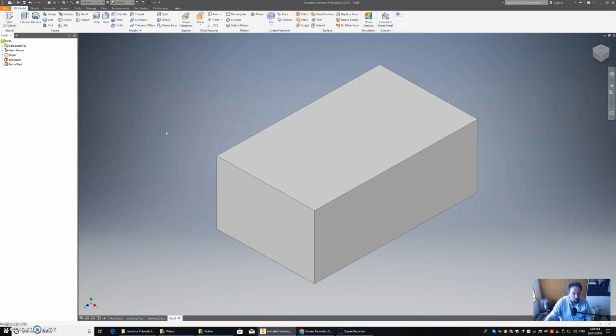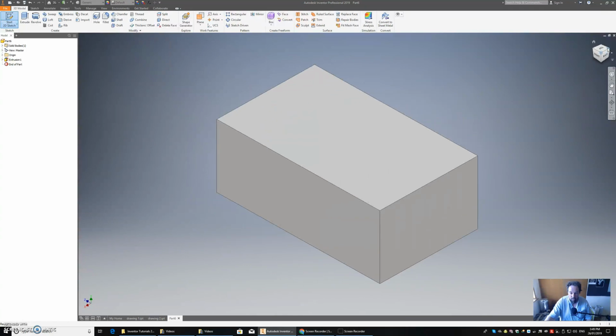So just like we did in drawing 1, I'm going to go sketch in the top left hand corner, come down and select the end of it, and I've got to make sure I get the right end of it this time. So I need to rotate around so that my cube is facing the same way as it is on my drawing block box, and I'm going to draw it on this face. Remember, when I'm on the face, it'll have a white border. Click on it,